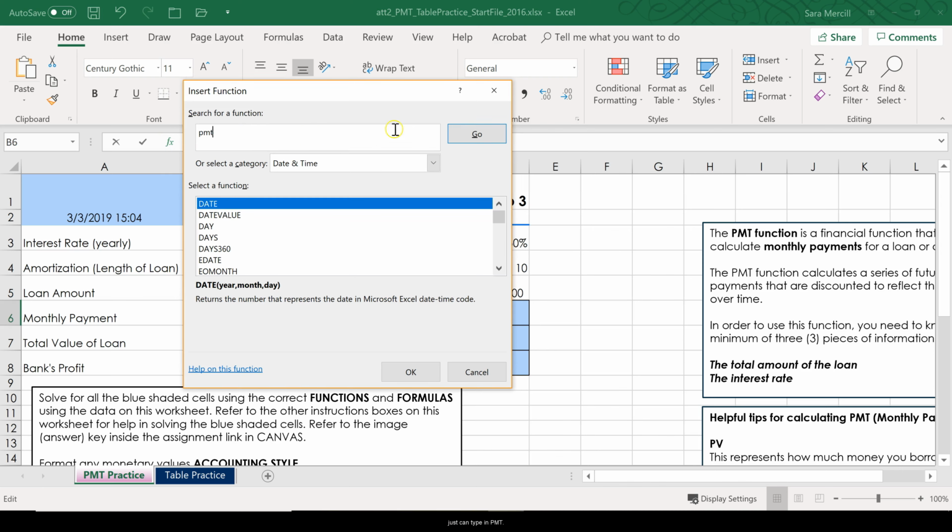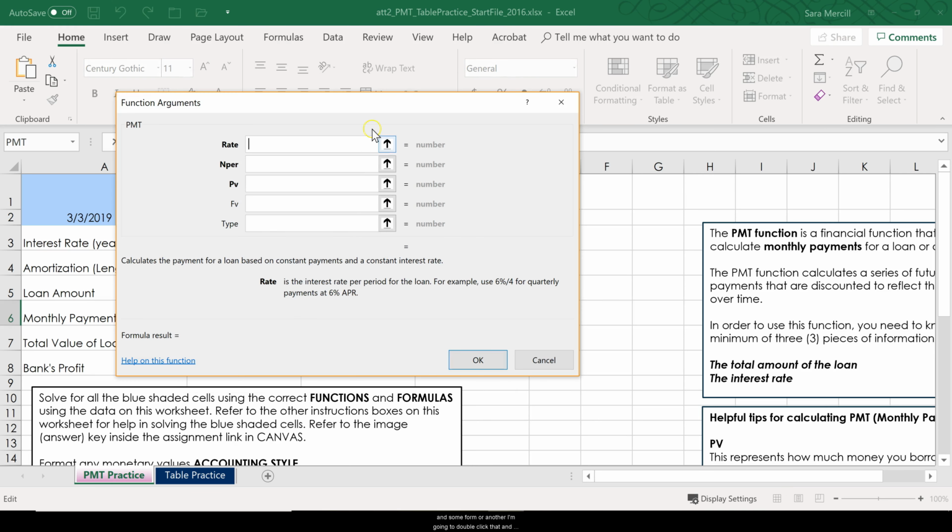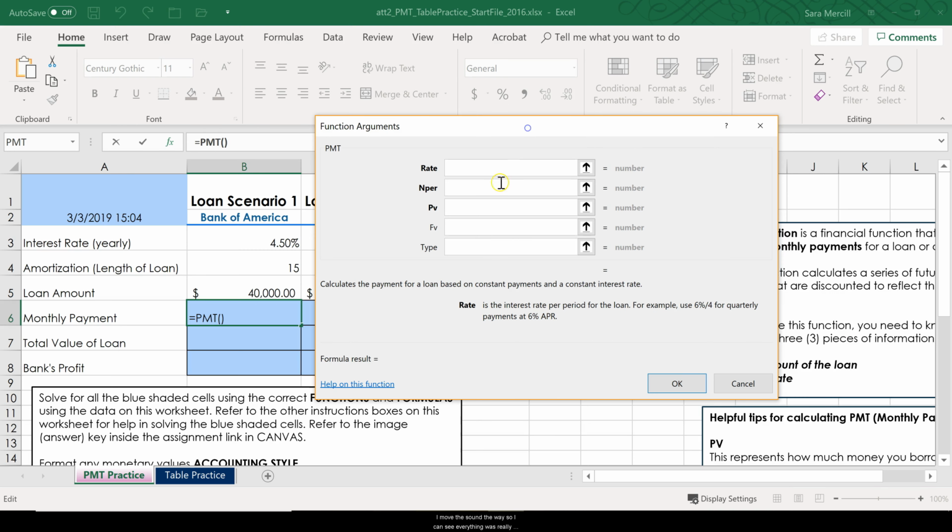I just can type in PMT, I can click Go, and it gives me every function that uses PMT in some form or another. I'm going to double click that, and I'm going to move this out of the way so I can see everything. What's really nice about this function dialog box is that when you click in each one of these arguments, you can look down here at the bottom, and it's going to tell you what you need and actually how to